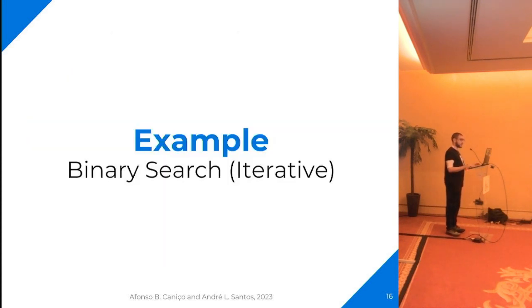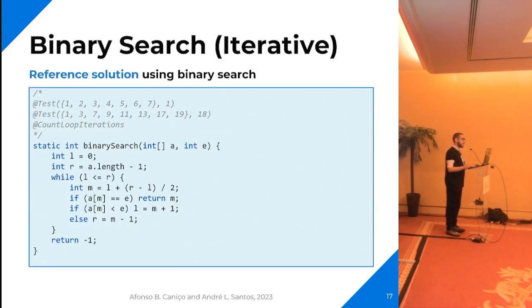Another standard example that you would find in many introductory algorithms classes is the binary search algorithm, which I'm sure all of you are familiar with. Let's say the instructor provides this solution. Very standard. I'm not going to go into details of the code. Let's just note that what we want to be tested here is we want to find the number 1 in this array, and then in another test case, we want to find this number in this array. And to check that the algorithm does what we want it to do, we want to keep track of the number of loop iterations that were